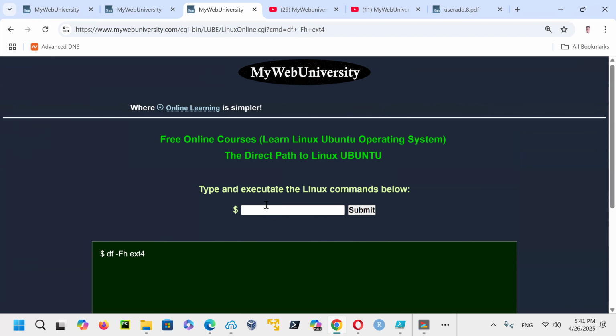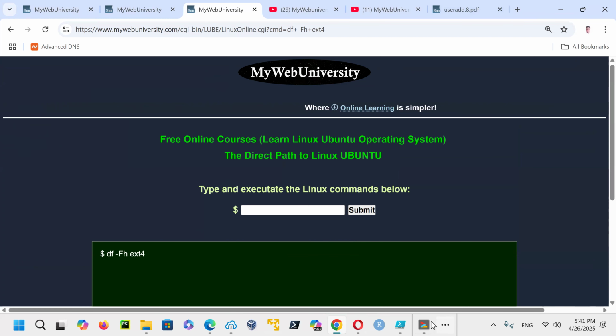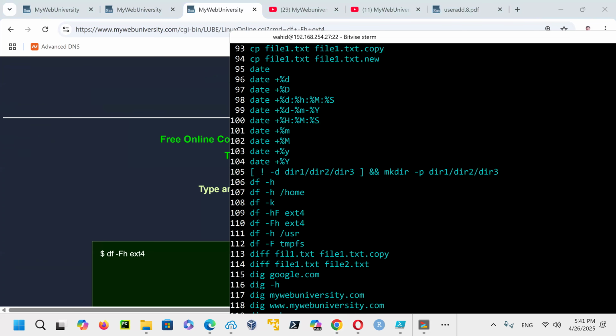We put both of them, I believe. Maybe I did, or maybe I didn't. Let me just see. df -Fh ext4 file system. Yeah, I think -Fh would not work because you have to say the file system argument there.